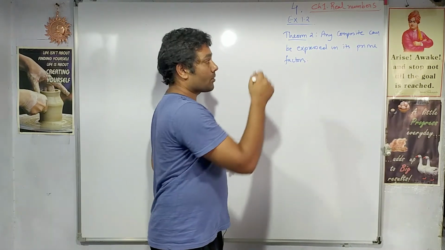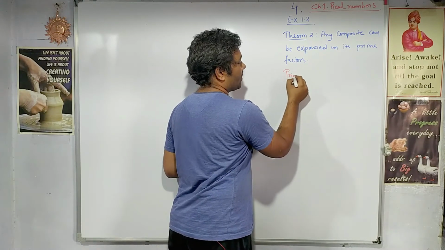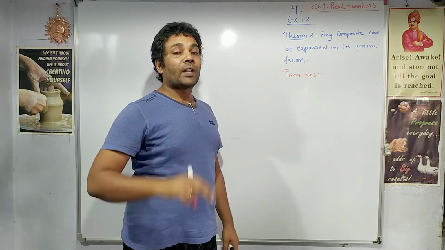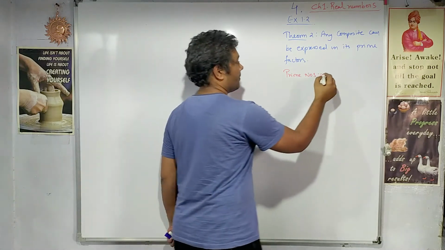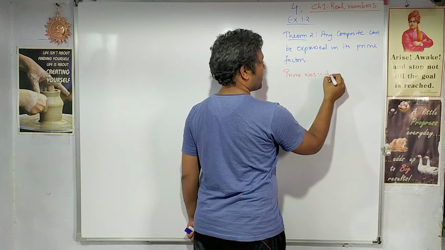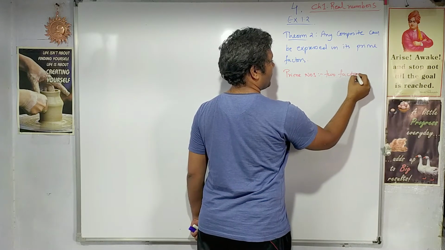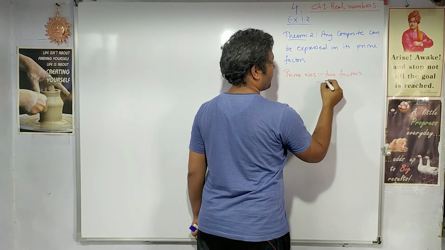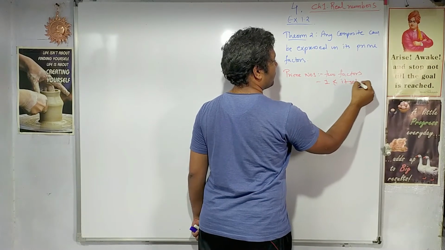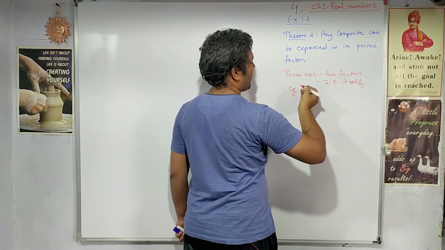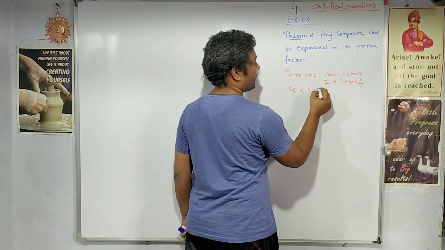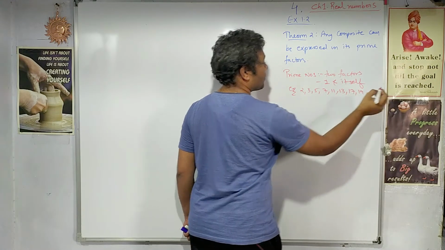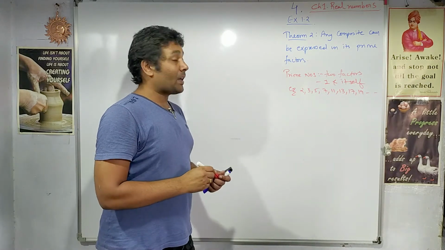number is, and then you should also know what a prime number is. So first let us see what prime numbers are. Numbers which have only two factors, 1 and itself. Prime numbers are those which have only two factors, and those factors are 1 and the number itself. Examples are 2, 3, 5, 7, 11, 13, 17, 19, and so on. These are all prime numbers.